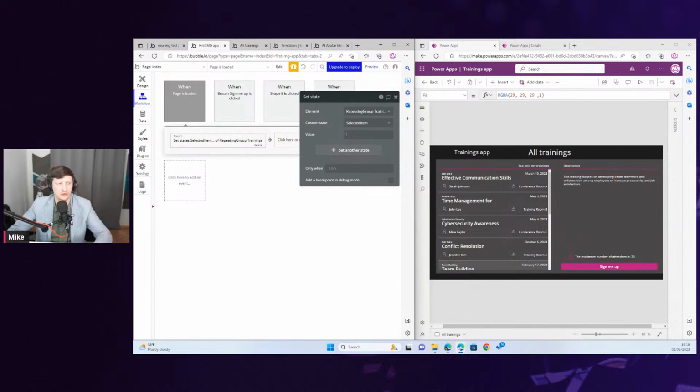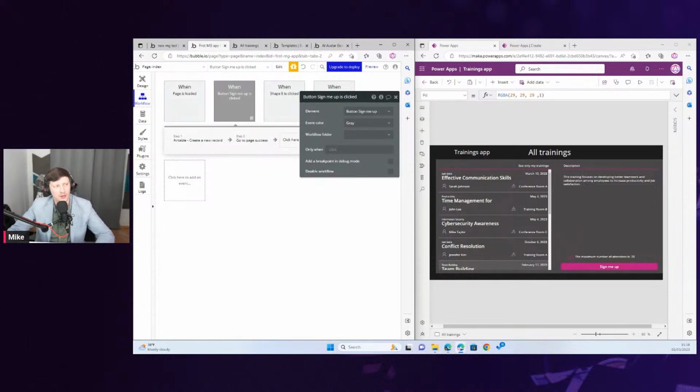This gallery control. So whenever a user loads the page, it basically means I select the first item of it. That's it. Then for clicking the sign up button, I'm creating a new record, and then navigating to another page. So yeah, the behaviors are pretty simple and similar to define as in Power Apps.